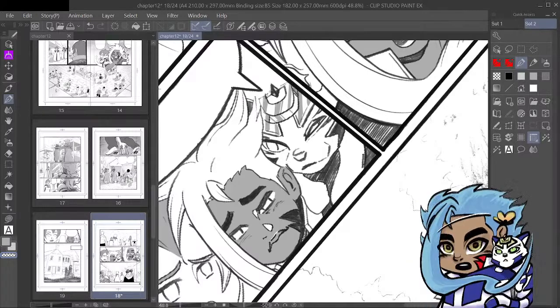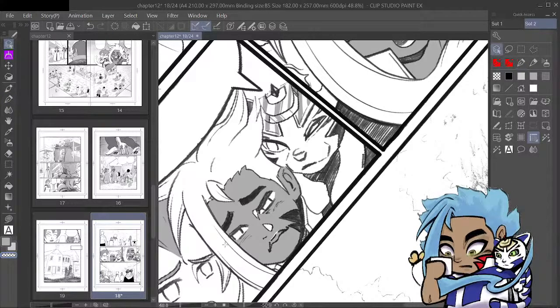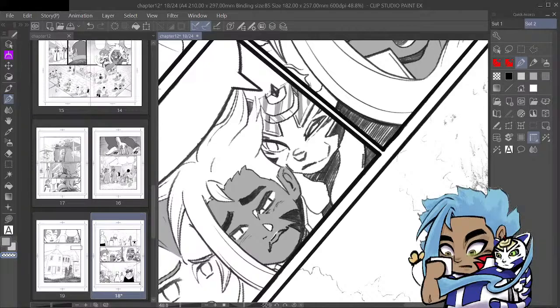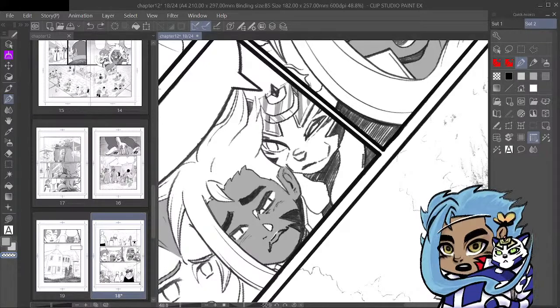Hmm. Thought I was on the right layer. Let's see. Didn't merge those, right? Okay, I didn't.